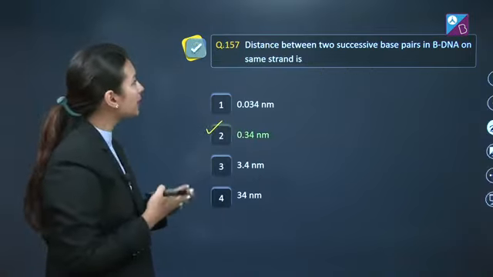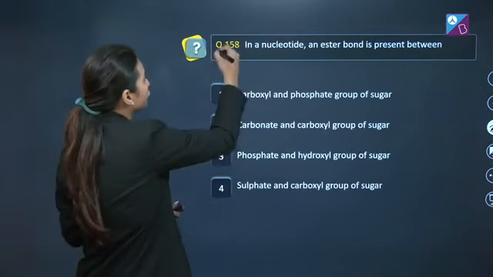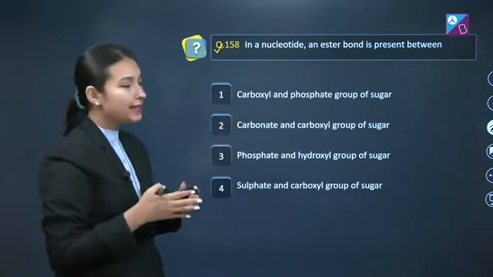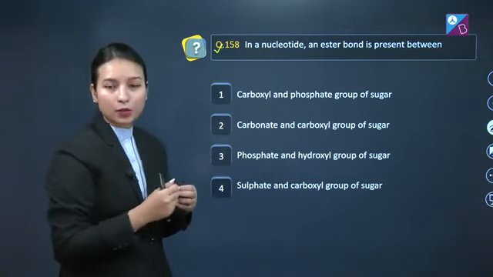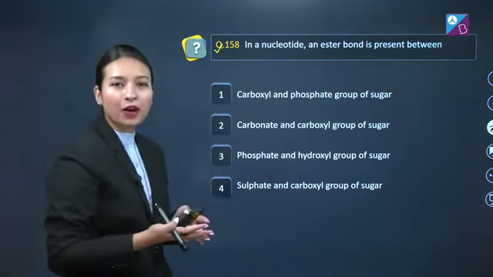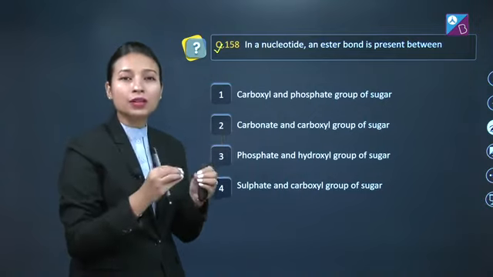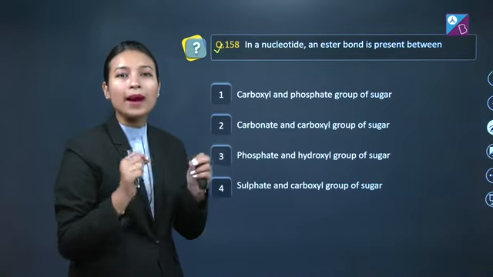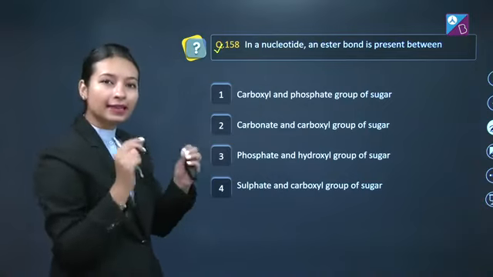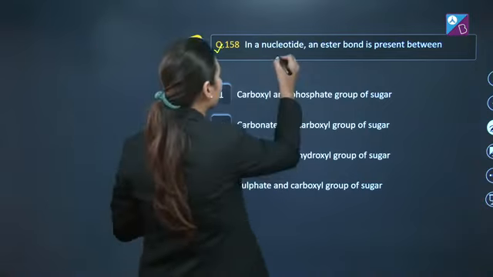Now students, let's talk about other question, that is question number 158, that states in a nucleotide an ester bond is present between. So students, what is a nucleotide? Nucleotide is formed when nucleoside combines with a phosphate group by an ester bond. Now let's see the structure first. So this